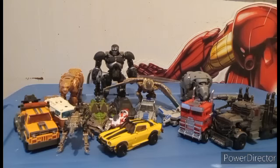Which I really need to get a job for to get it, because I do not want to go for scalping. I really do not. I had to go through scalping for Mirage. But everyone else, I pretty much got retail. Even Primal and Nightbird. But, actually, no. I had to also get Noah through scalping. But, yeah, I mean...